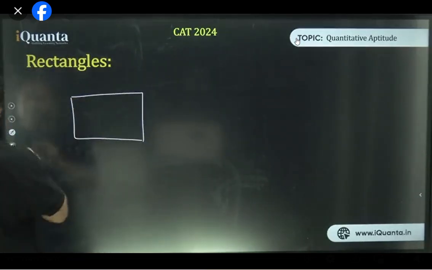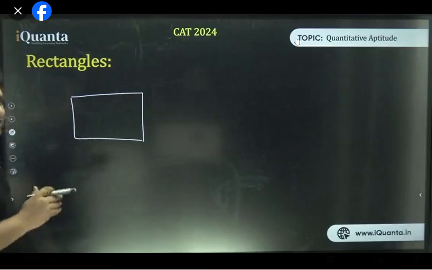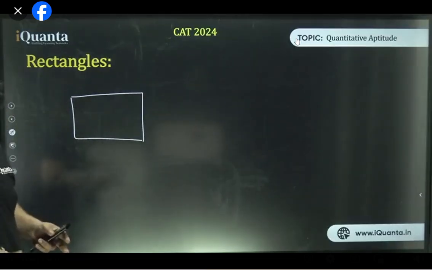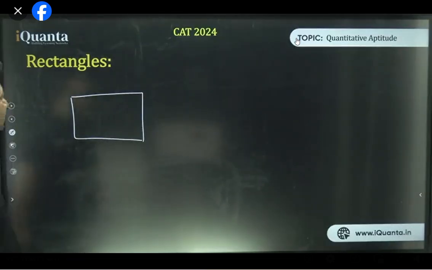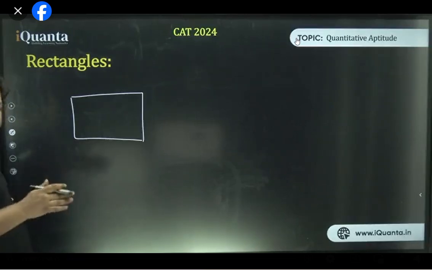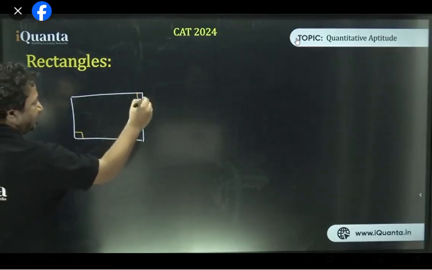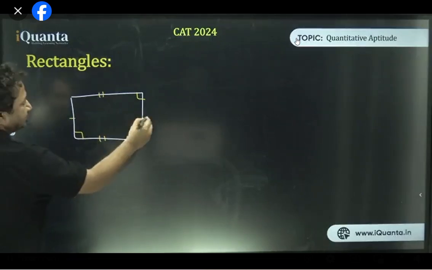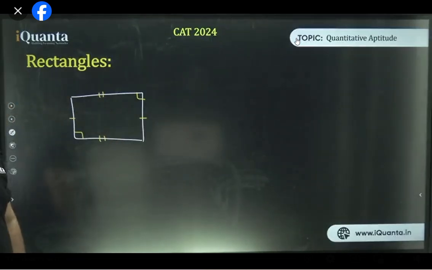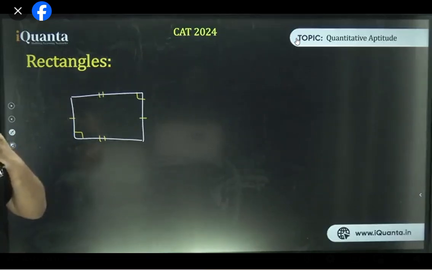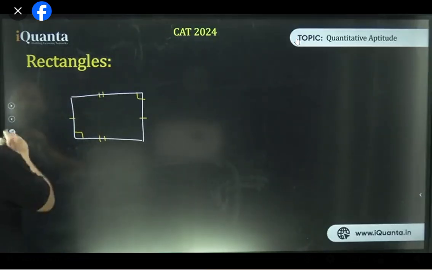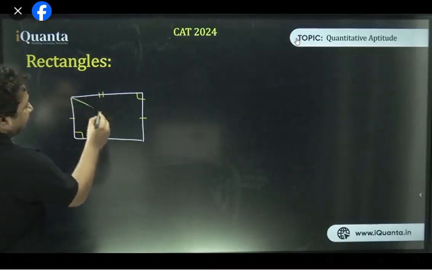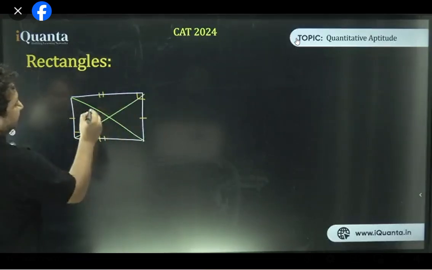In a rectangle, what happens? A rectangle is basically a parallelogram. That is why I am going from general to specific. So a rectangle is a case of parallelogram. Do you get that? Which case? The case where the adjacent sides are at 90 degrees. Understood? So opposite sides are parallel as well as equal, and at the very same time, the adjacent sides are at 90 degrees. Clear? That's a special case. Okay, now let us look at the diagonals. The diagonals bisect each other.